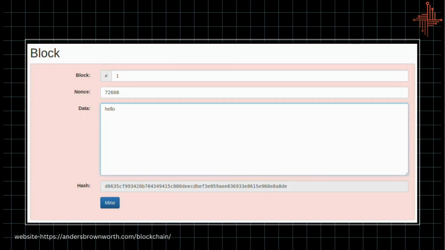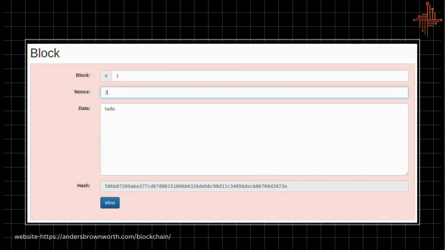As soon as we try to change the data or anything within this block, the whole block becomes invalid. As you can see, the hash of the block is not starting with 4 zeros, which is our difficulty target. So this block is not valid. You will now keep changing the nonce to see if the hash of the block becomes what is needed, but it will take a lot of time. That is why it is said that mining requires a lot of computational power.